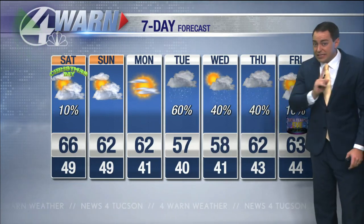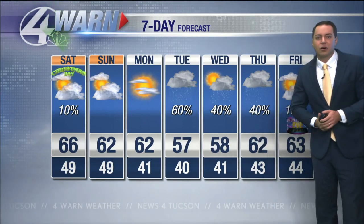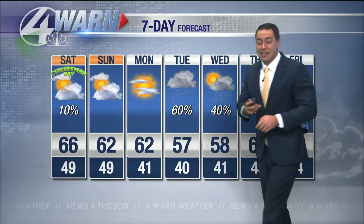Bigger takeaway for those days, 57, 58, 62. Those temperatures getting much, much cooler. We're going to be staying out of the 30s for the most part, I think, during next week. But we're going to be marching our way right back up for next weekend. So Priscilla, people that have really missed the winter temperatures, they have something to look forward to as far as next week to end off the year. All right, now definitely a good way to end off 20